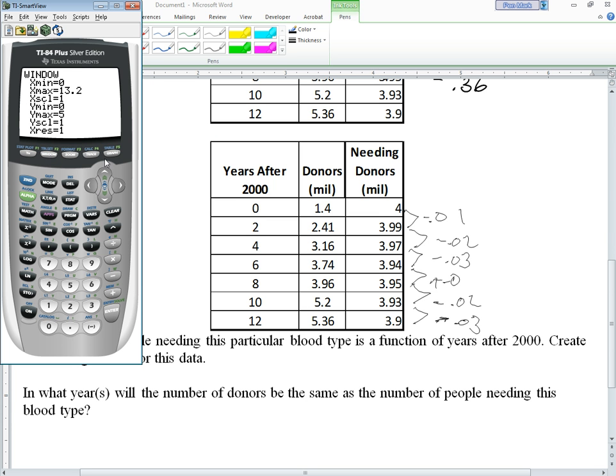So what I'm going to do is, and you can just do zoom out if you'd like, zoom out in the middle of the screen, and it should give you a more solid image of that graph. So you see that somewhere over here there's going to be another intersection point. So the number of donors is going up, is anticipated to drop back down. The people needing donors is consistently decreasing, and so I adjust my window, maybe go out to maybe 30 years, and I should be able to get a whole holistic image of